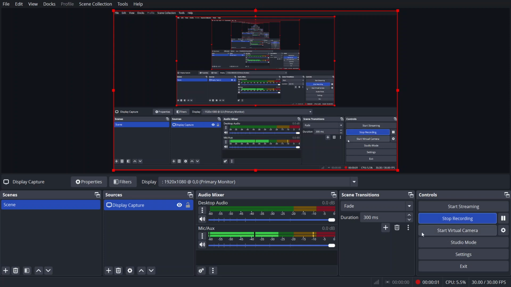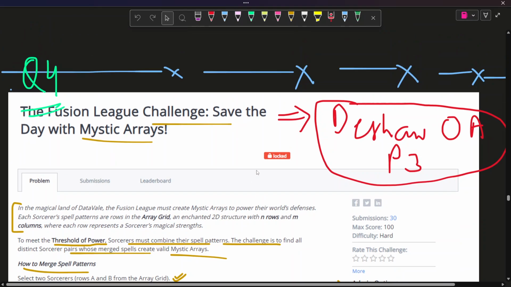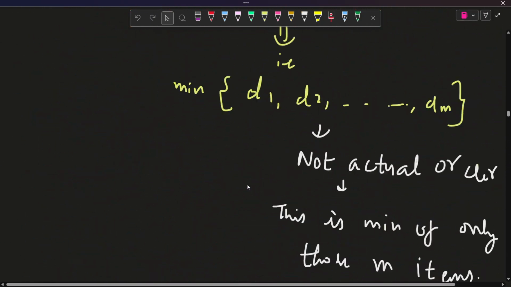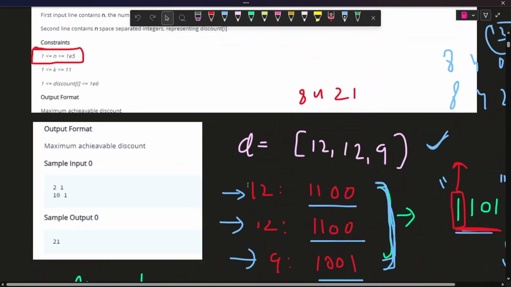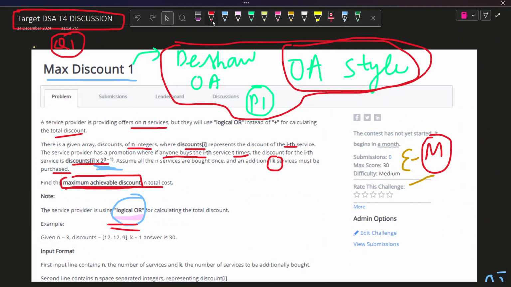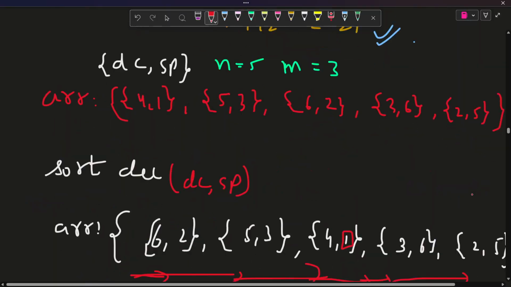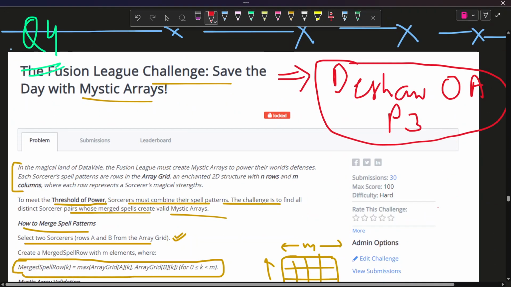Okay, so we were discussing Target DSA Contest 4, T4, right? We have already discussed the first problem, which is Max Discount 1. We already discussed this problem. So in this video, we are discussing